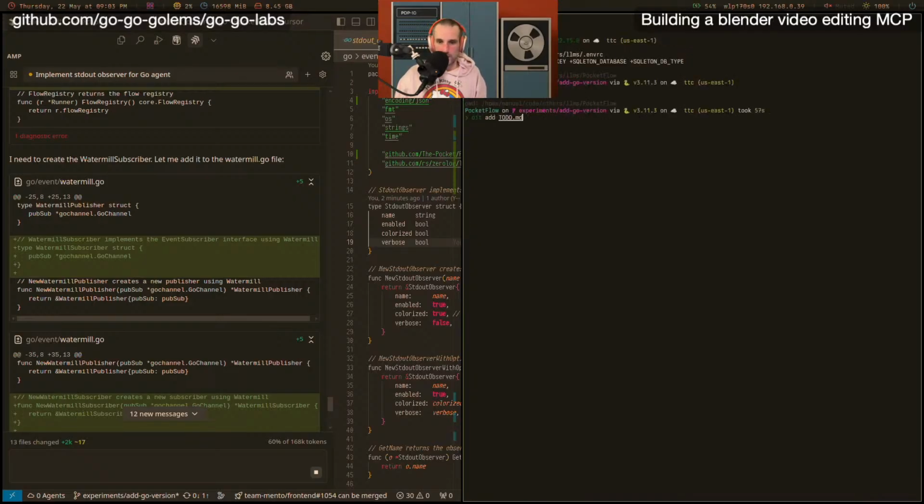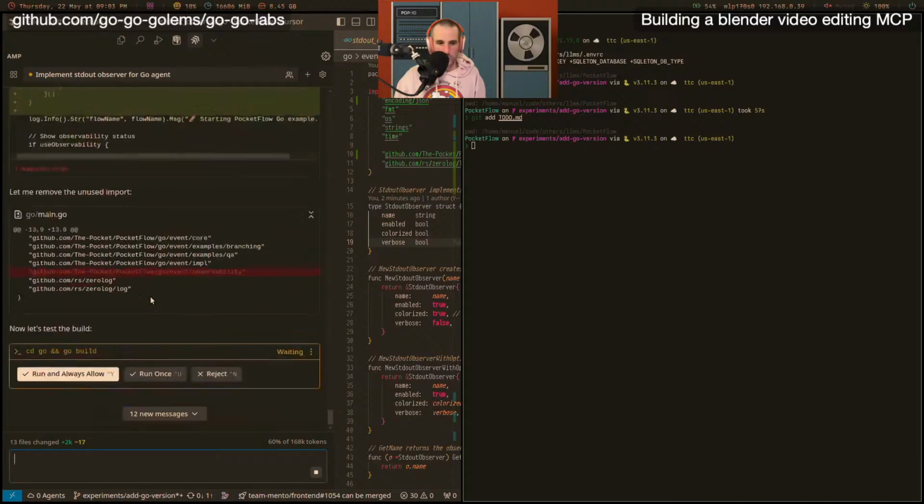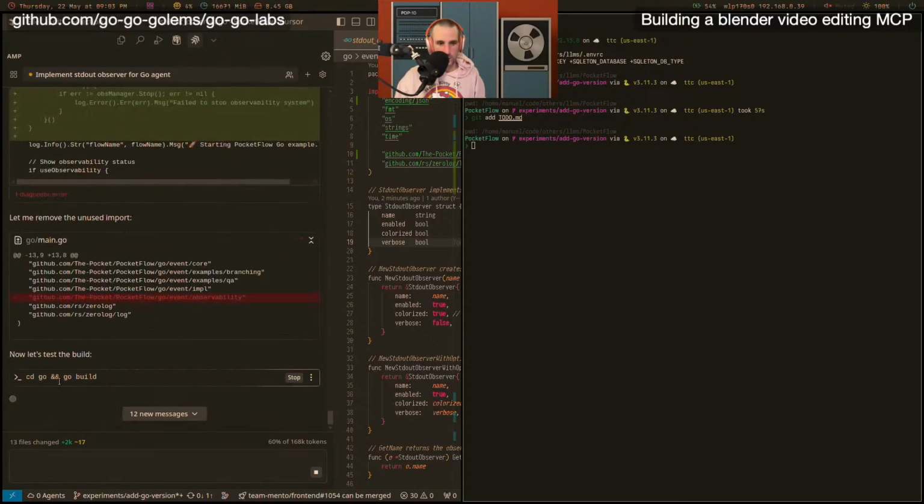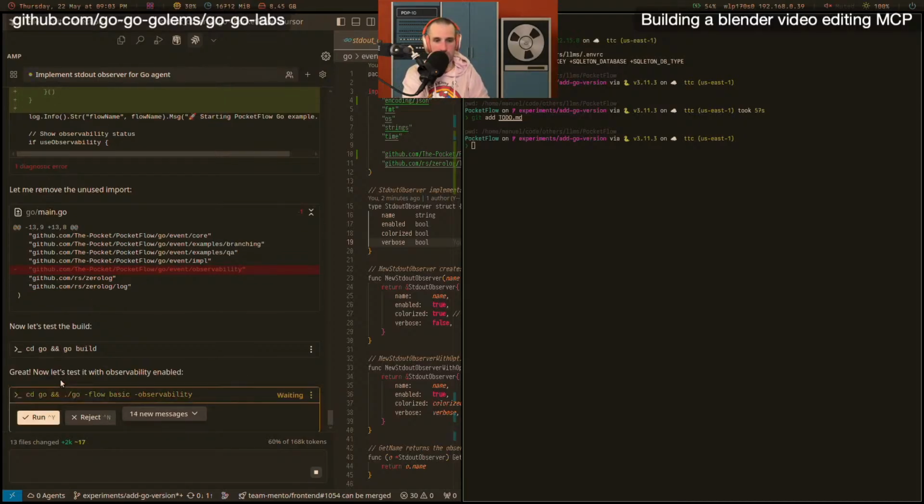So we're going to add this, going to wait until our Ampcode run here continues. I wish I could... it's not able to recognize that this is a command. So it will just cd go. Okay, well, I'll allow everything that happens in the Go directory if I do this. And then I'm not going to do this. So we're going to go into the Go run -flow basic